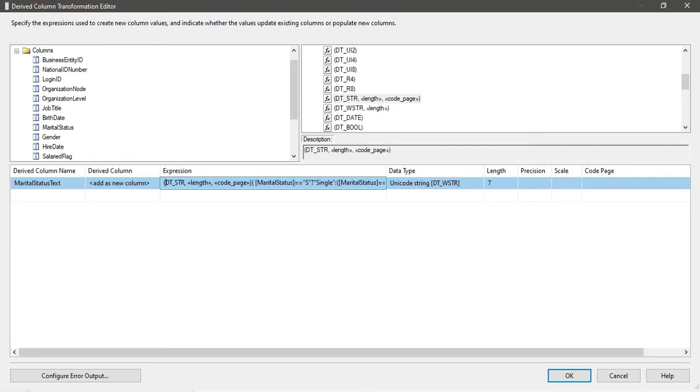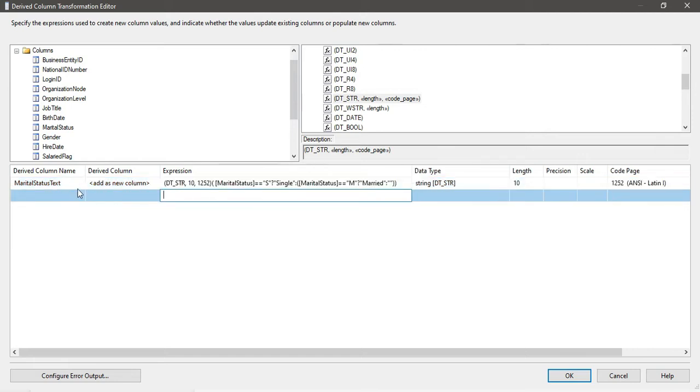Now in the DT_STR we can set the length, the max length. Maybe I can put 10 here, and now the code page. 1252 is the code page for the string, so I can just put it here. So a new marital status text column will be added in the data flow. The data type will be string 10, and the value will be calculated like this.